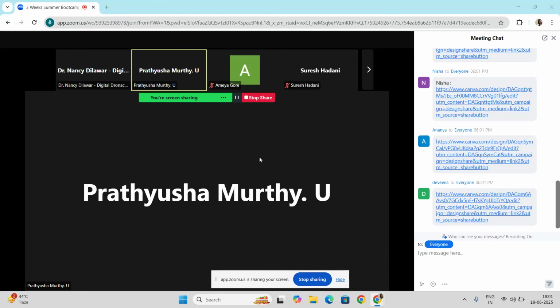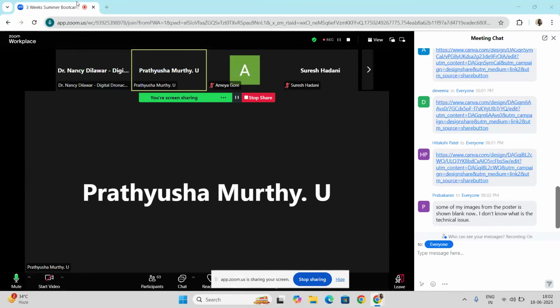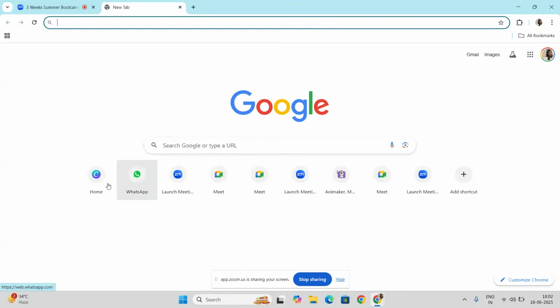Actually, it happens like this: if you open Canva on a laptop and click on any project you are working on, or even on a new Instagram post, it will automatically open in a new tab. So you have to work there. But I am unable to use the AI tools in that, ma'am, because yesterday sir taught us. Yeah, I am just coming to that.